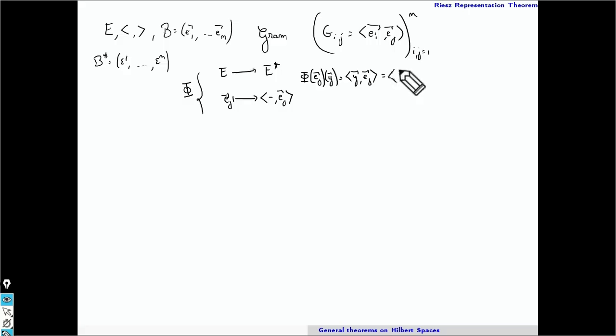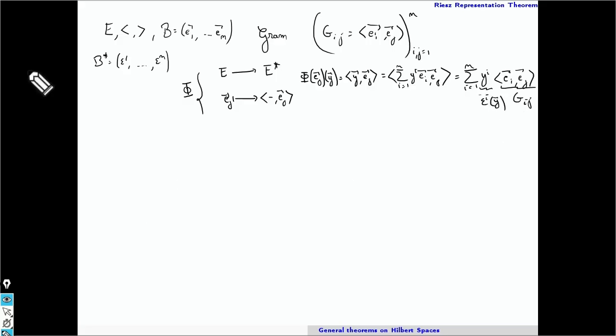We then write the decomposition of the vector in the given basis, sum of yi ei, ej, and then by linearity of the inner product with respect to the first variable, it gives sum of yi times the inner product of ei, ej. And here we recognize the Gram matrix Gij, and